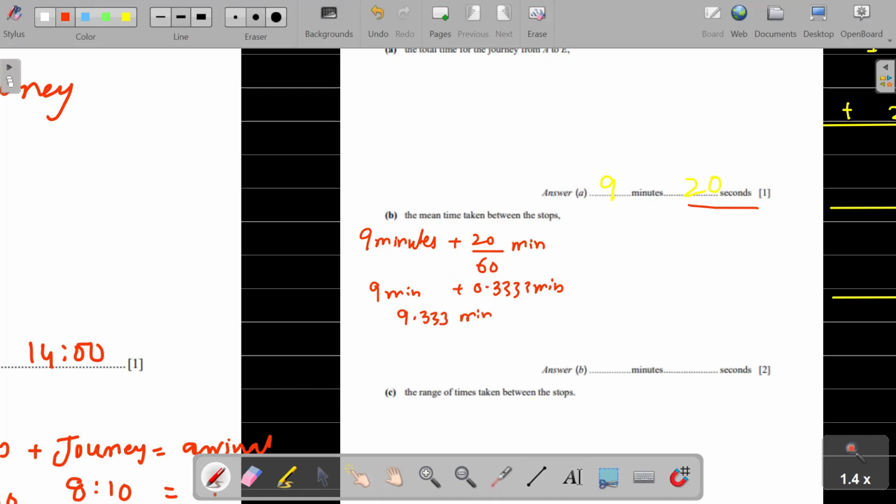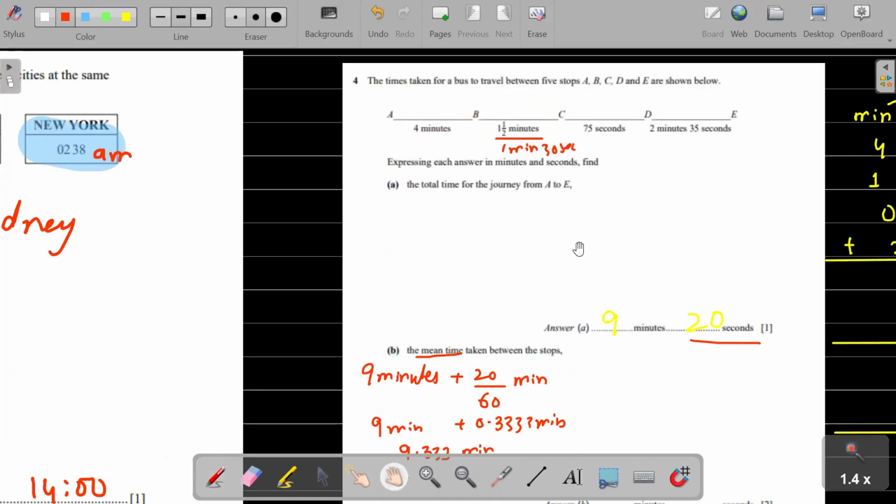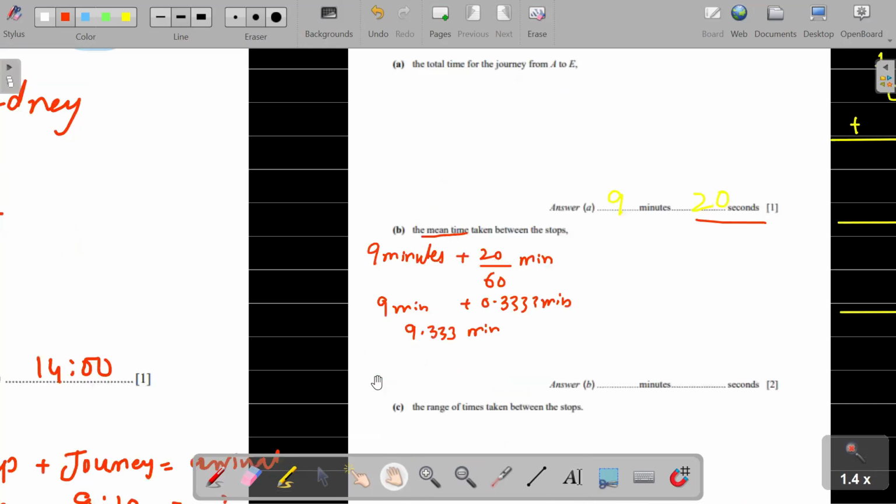Okay. Now it says mean time. Mean time says the sum of the time divided by the total number of times. So I have used this sum of time. Now the number of times: 1, 2, 3, 4. This is 4. I need to divide by 4. So it is 9 plus 0.3333 divided by 4, which is